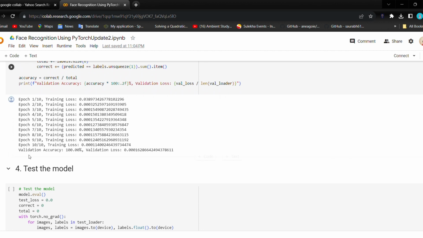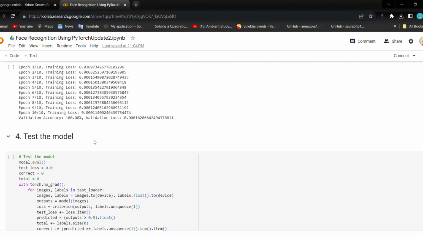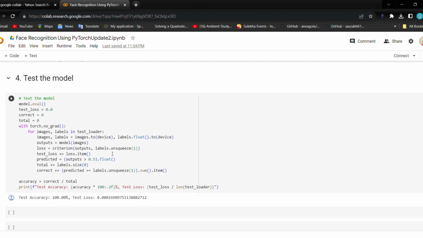And finally, we can see the validation accuracy. We can get 100% accuracy. And we are testing on the test set. Here after testing, we get an accuracy of 100%. The achieved results showcase the effectiveness of the fine-tuning process on the facial recognition model for the binary classification task. The model was designed to distinguish between the two classes in the annotated images dataset, with a focus on optimizing accuracy and minimizing the loss.